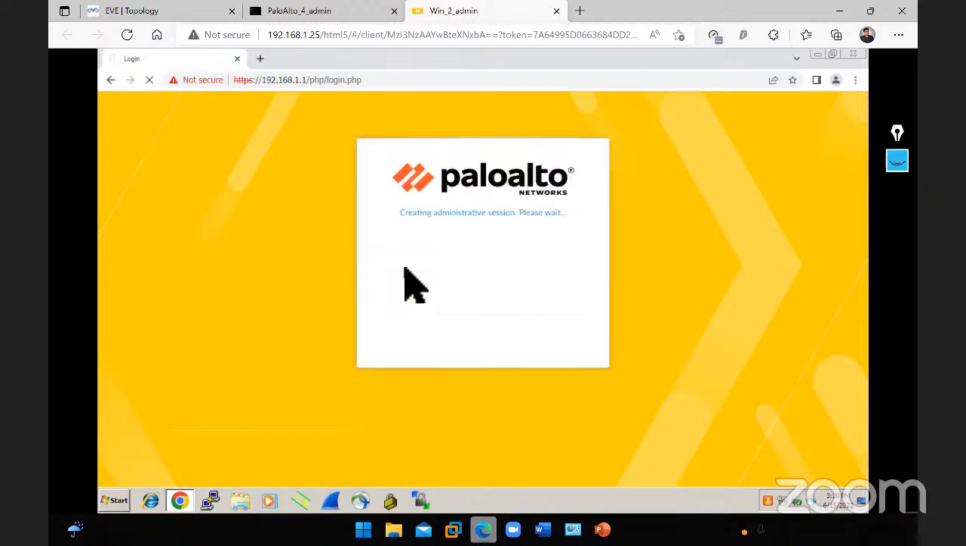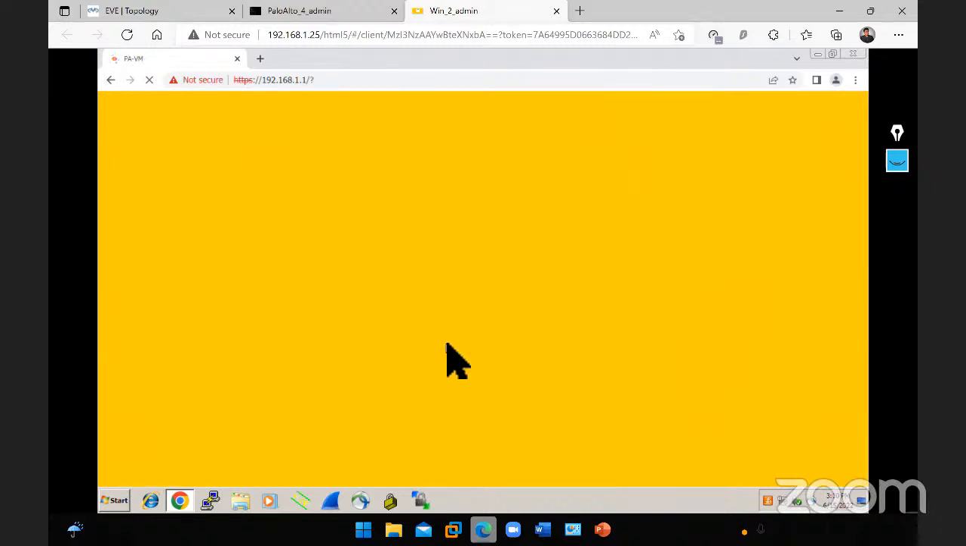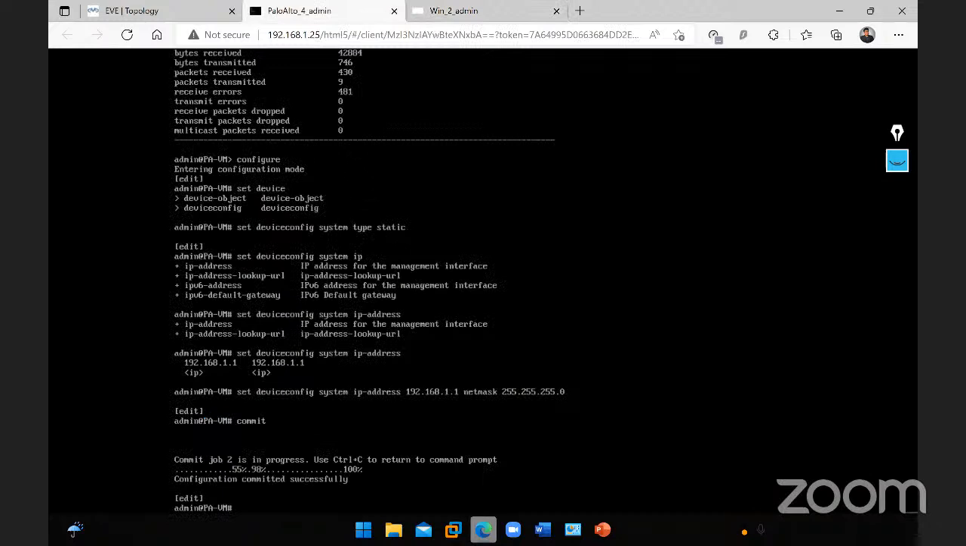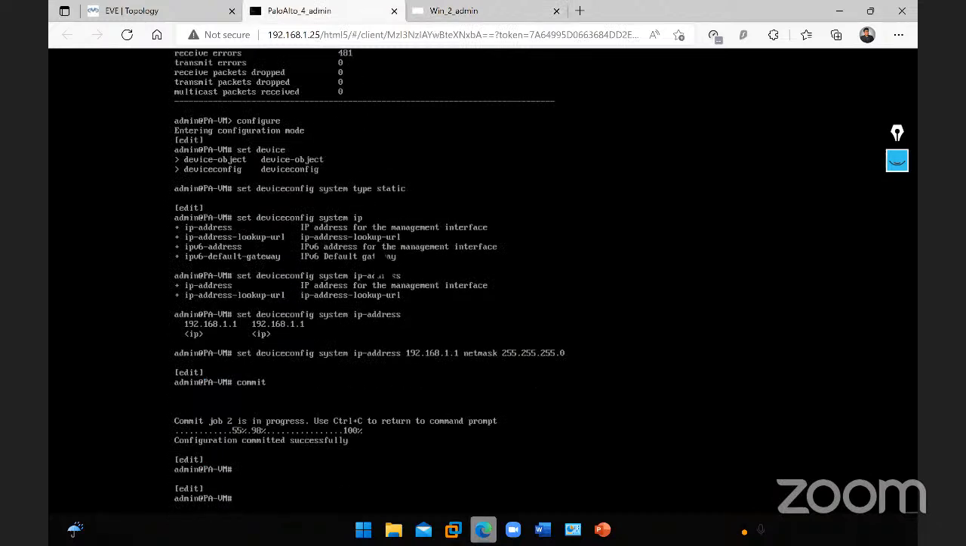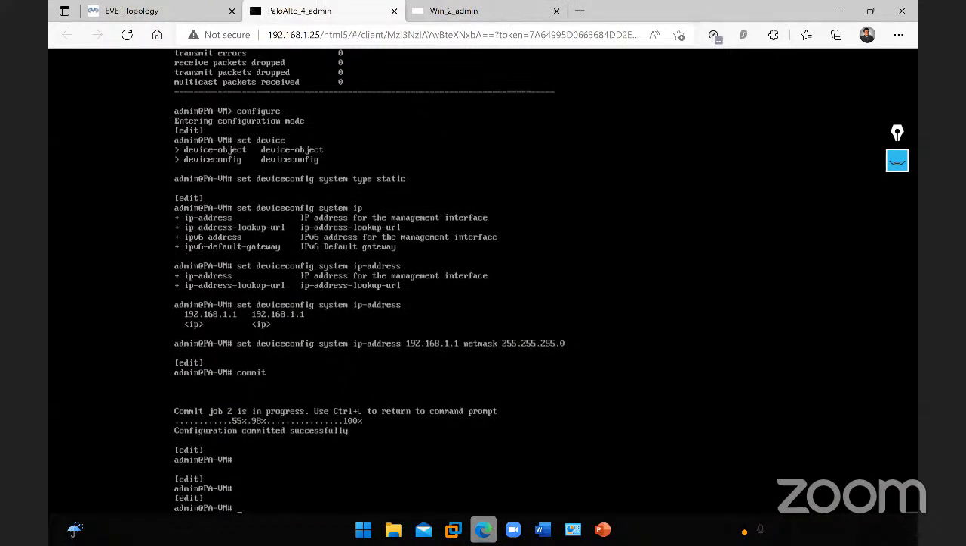Right, this is definitely not the first time I'm logging into this firewall. When you log in for the first time in your lab, you will be prompted to change the default password. The default credential is admin username and admin password, all small. And at this stage here on CLI, you are right about to change